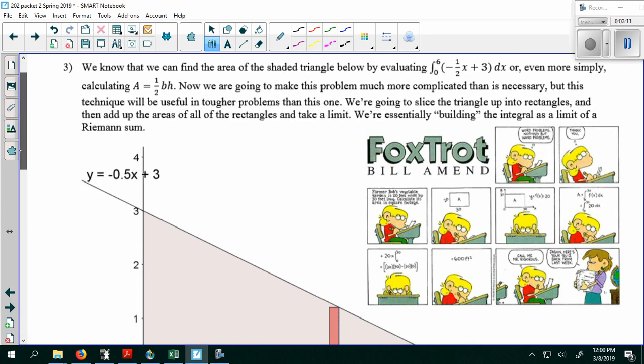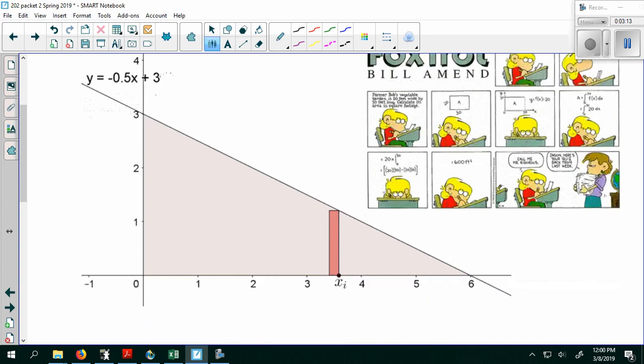All right, so if I wanted to find the area of this triangle, this is a triangle with height 3, base 6. Its area is 1/2 base times height. 1/2 times 6 times 3 is 9, right? I can answer this question in 5 seconds. However,